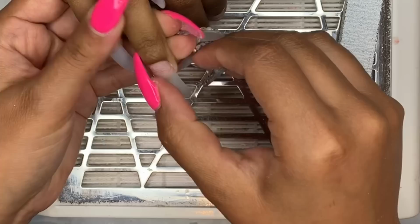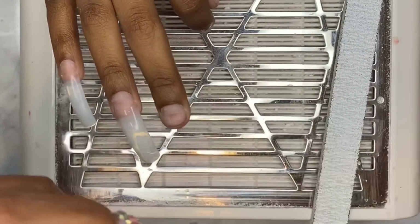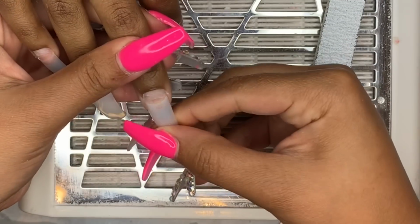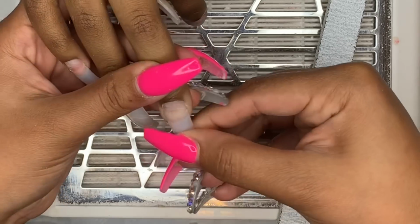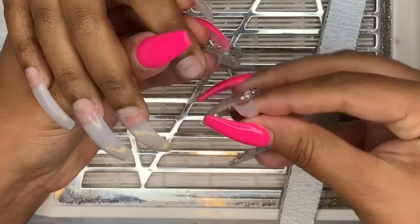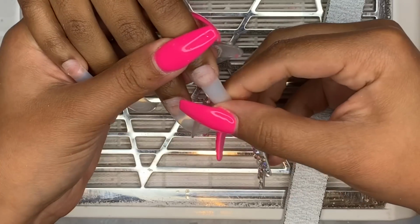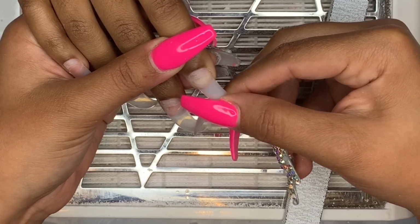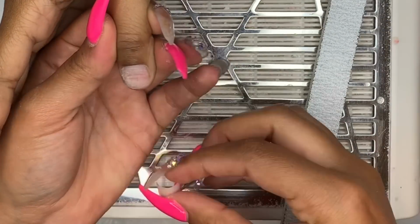And also make sure that when you're applying the nail tips that you're holding your client's finger really straight, and also that they're sitting directly in front of you and facing you, because if not, their nail, as you can see, with her hand turned a little bit to the side, I was having a little bit of a hard time. And this nail right here actually is going to be glued on crooked on accident, just because again her nail is leaning to the side, so I wasn't able to straighten her hand out, and she did catch it, so she was able to tell me,